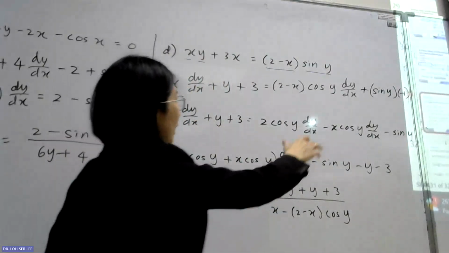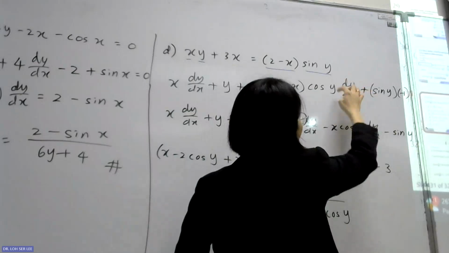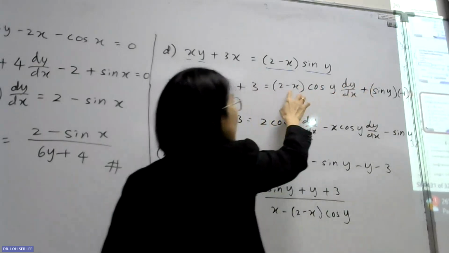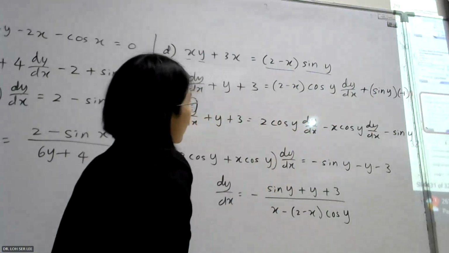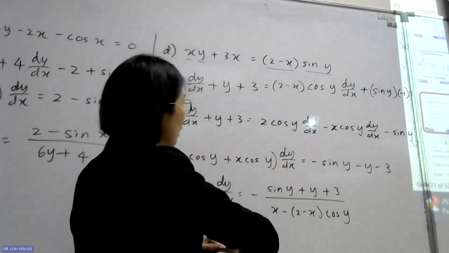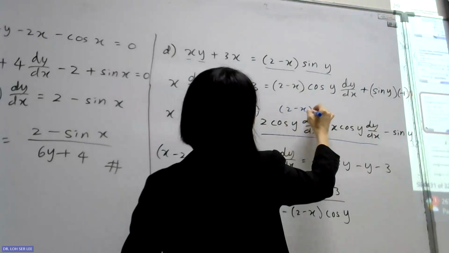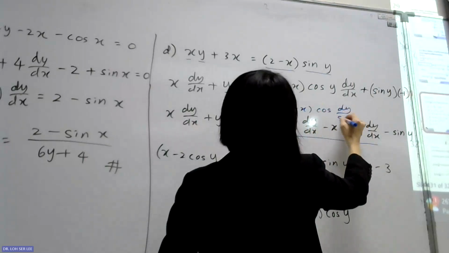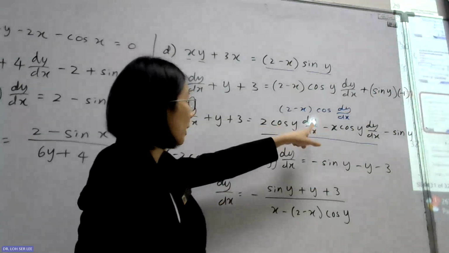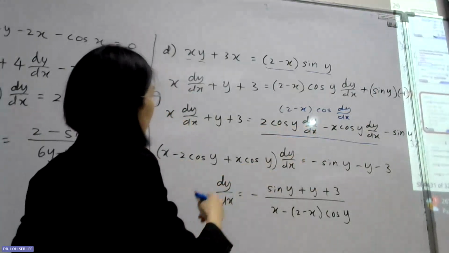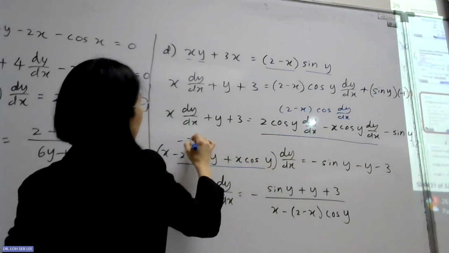Actually, this one we do not have to factorize, because the divider is only here, not here. We can proceed with this term. We can just use 2 minus x plus dy/dx. We don't have to expand. And when you move here, this will be minus 2